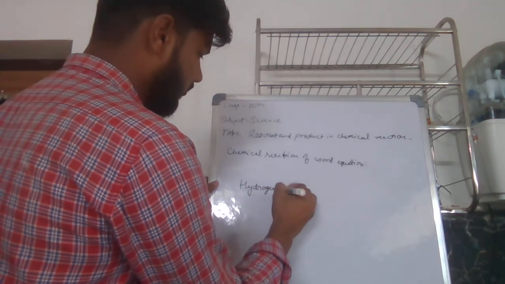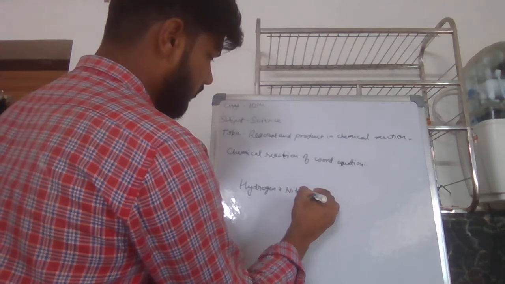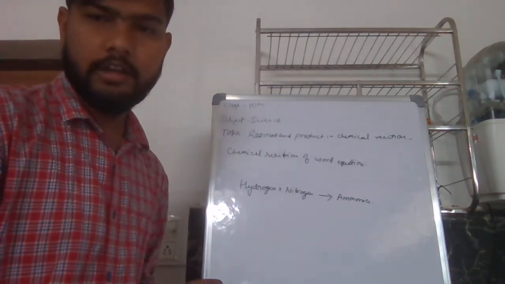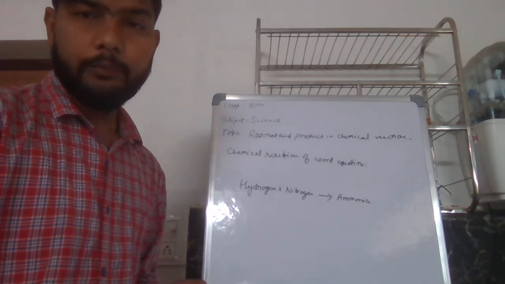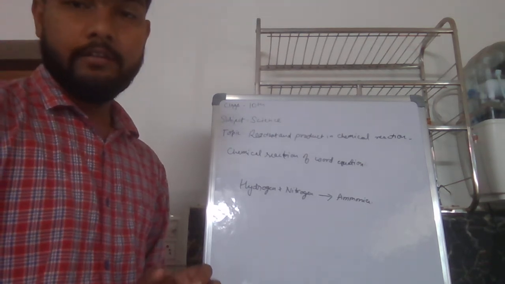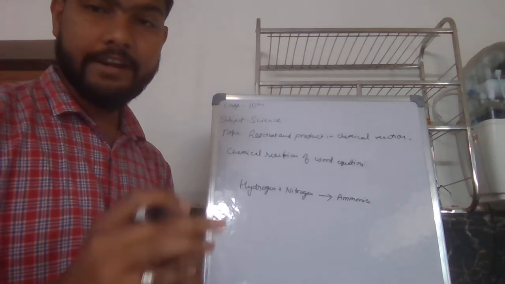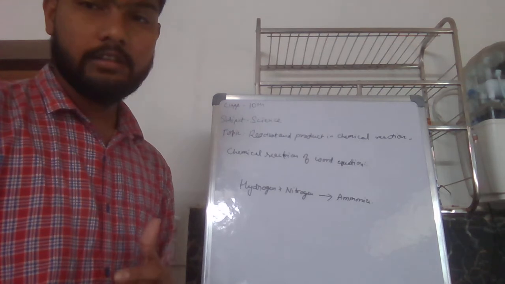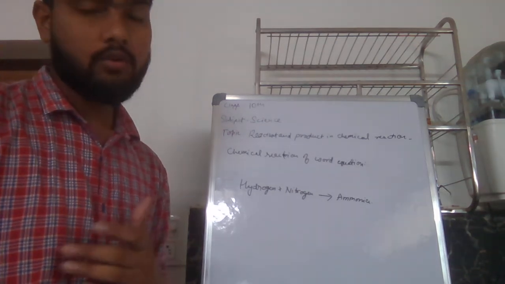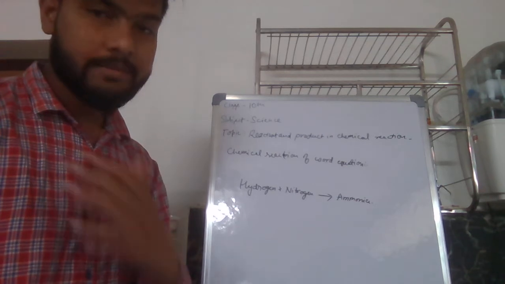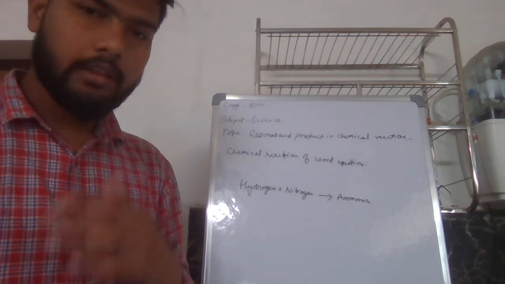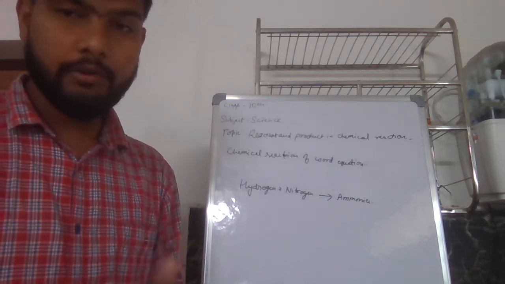Hydrogen plus nitrogen become ammonia. I hope everyone is clear till now. So today we have learned about reactants and product, and the word equation of a chemical reaction. Now let's summarize today's class. What are reactants? The substances that undergo chemical change in the reaction, and the product is the new substance formed during the chemical